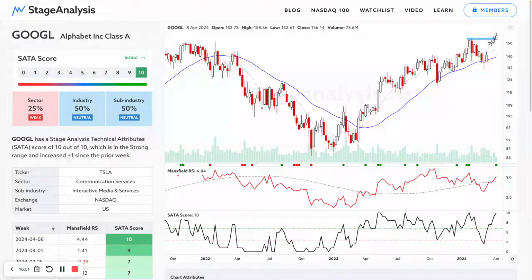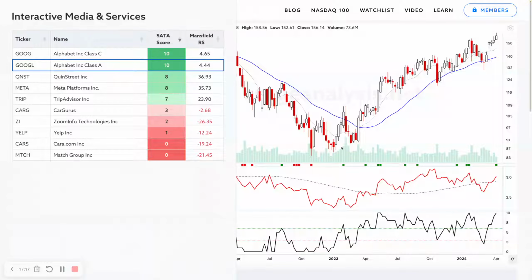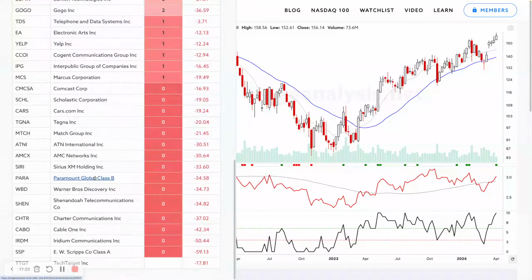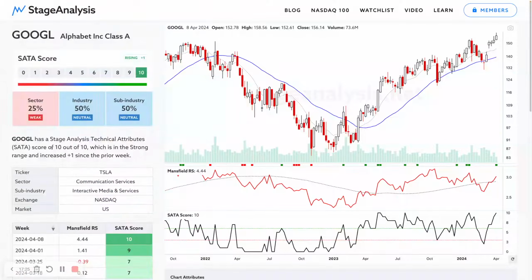Google attempting to make a stage 2 continuation, so had a good stage 2 run, chopped around for a while, had this recent gap up, and then it's made a new continuation attempt, and the SATA score has got back to its maximum of a 10, but a little bit of a squat at the moment, could potentially double top here, but at the moment attempting to make that stage 2 continuation. You can see its sub-industry at 50% at the moment, so it's only a small group in the S&P 1500. Communication services, however, is very weak. As you can see, only 25% of those on a SATA 6 or above,